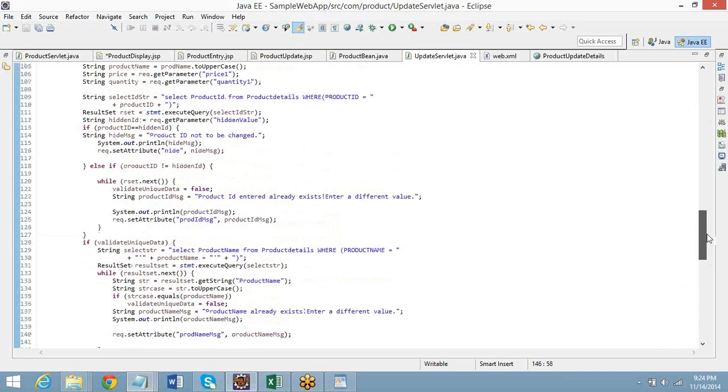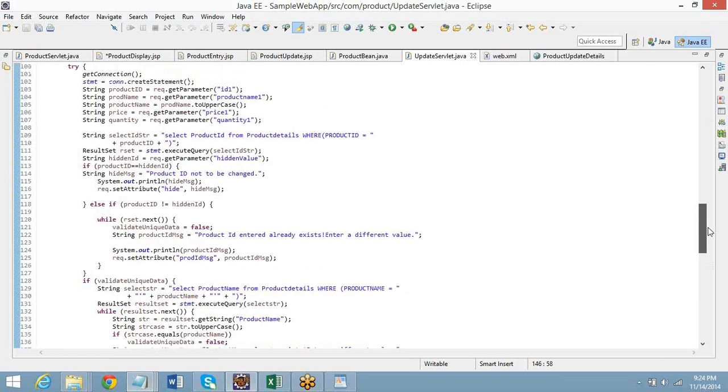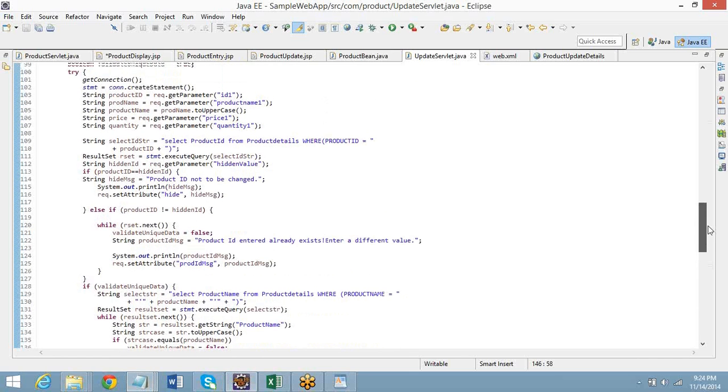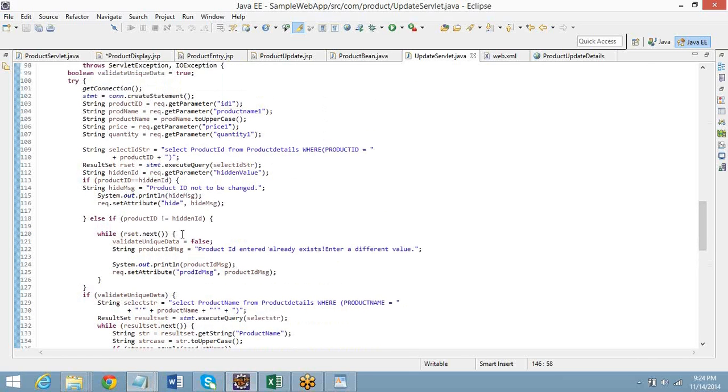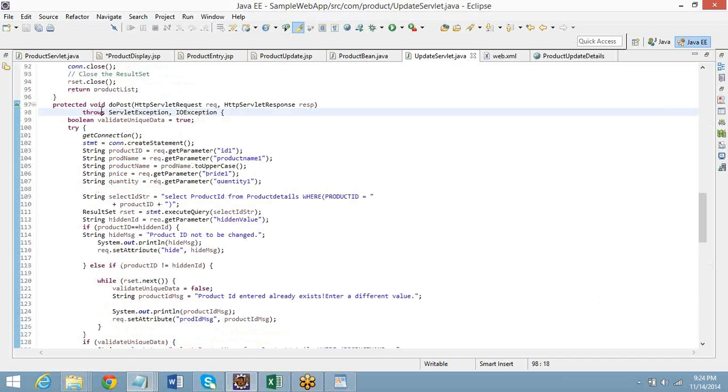Click on line number 98. Just use your down arrow button. Whenever I tell you, use your down arrow button, don't use the mouse. That would be better for me.